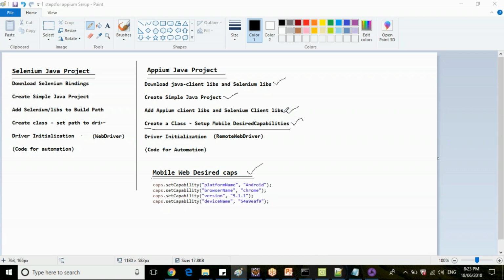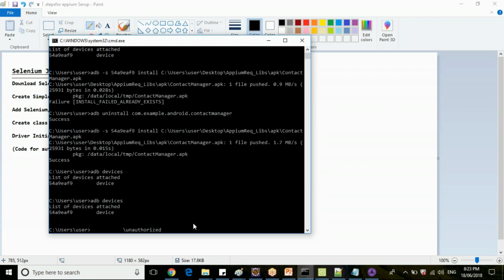So from command prompt, when you type adb devices, you're getting your device name. So copy the device serial ID and provide it as the device name. Okay. Now, what about your version? From where can you get your version? Either you can check in your phone in about, or in settings, or you can check through ADB commands also. You have a command like getprop, right? getprop ro model, something like that. So just type adb.